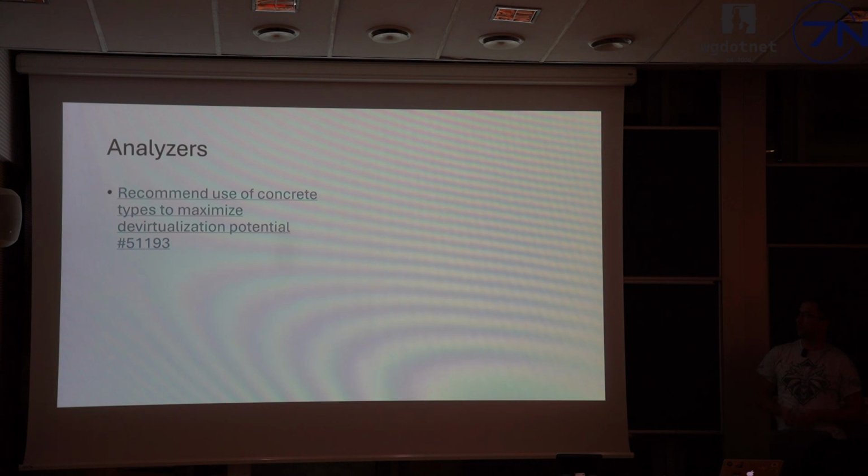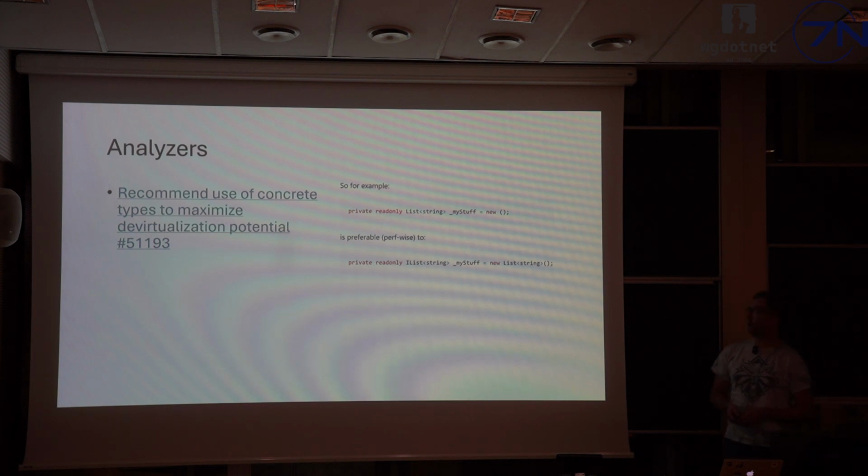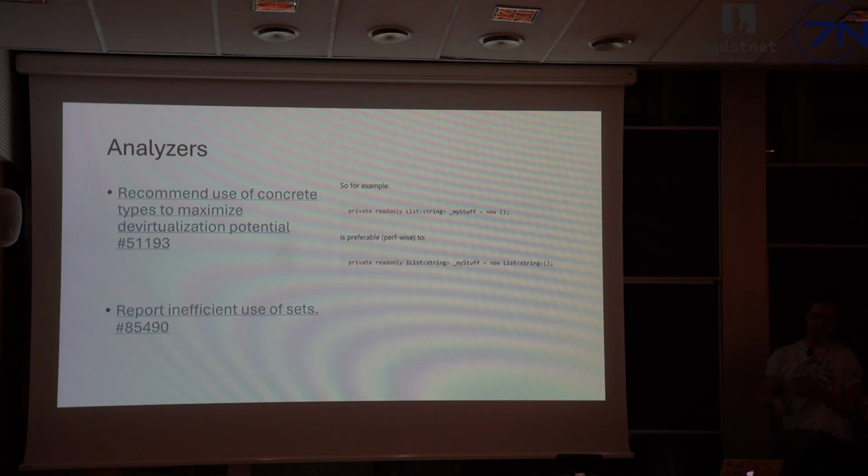Another thing that we took from R9 is a set of analyzers. Plenty of them are focused on performance. And my most beloved one is the one that is screaming at you when you are using abstractions in places where you shouldn't. For example, you're having a private IList field and you're not exposing it to anyone. So instead of using an IList, you should be just using List and not having the overhead of virtual method calls. However, people like Egor are working on removing the overhead of virtual method calls and getting them inlined. But overall, you should stick to some good rules and, for example, be also using sets in an efficient way. So we have new analyzers.